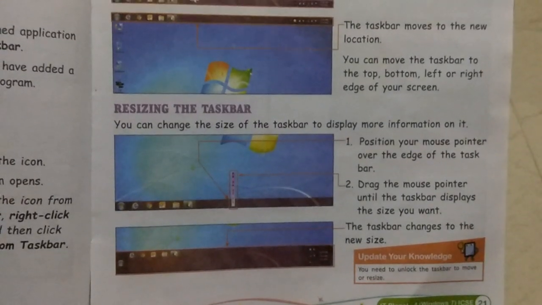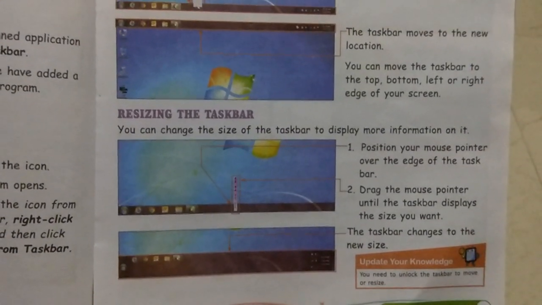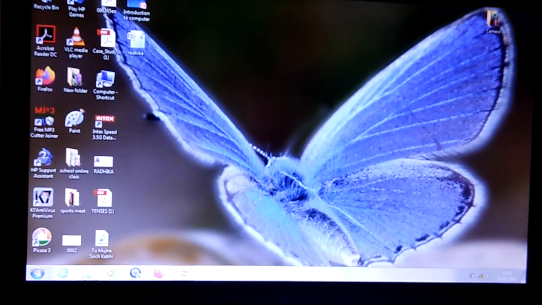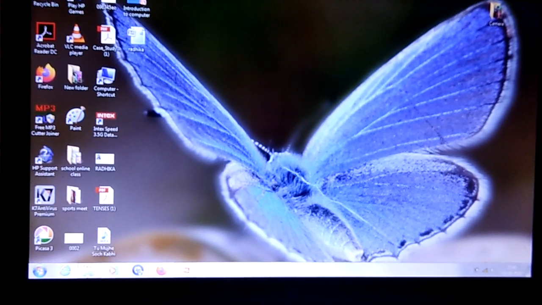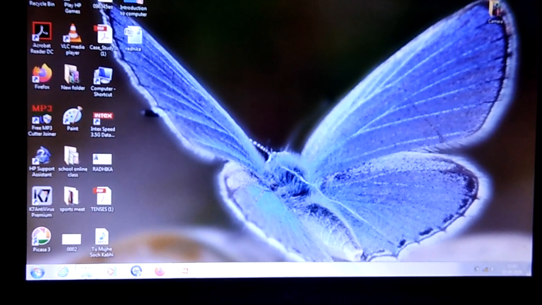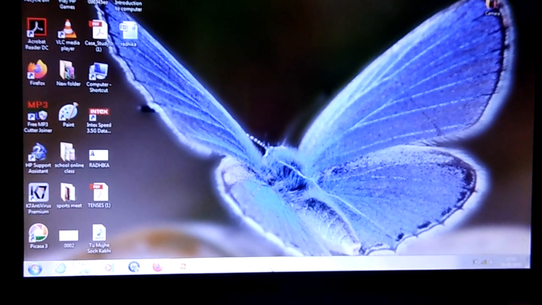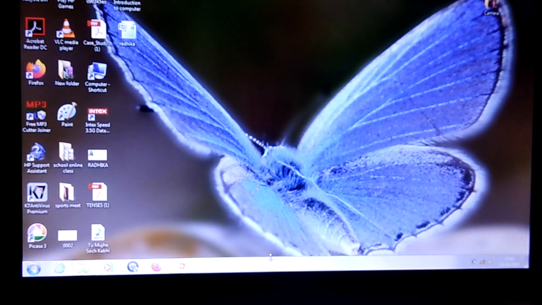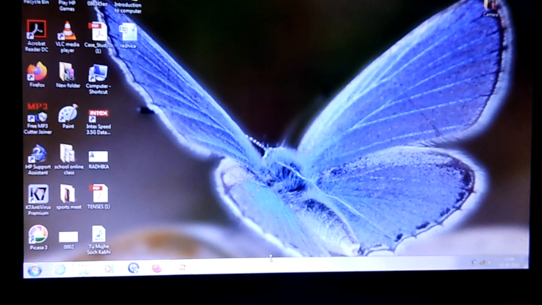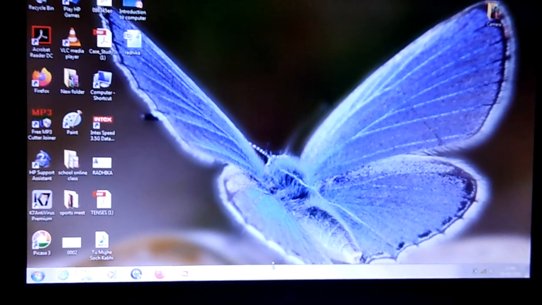Now the next topic is resizing the taskbar. You can change the size of the taskbar to display more information on it. For that, position your mouse pointer over the edge of the taskbar in this way. Now the double-sided arrow appears. Now drag the mouse pointer until the taskbar displays the size you want.